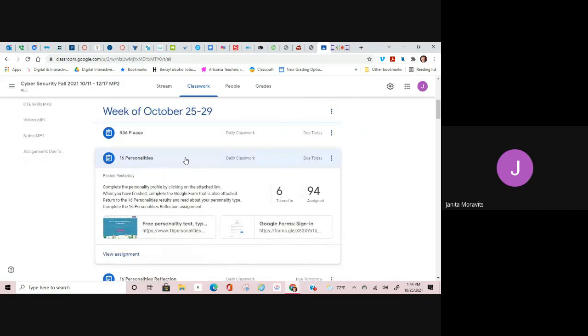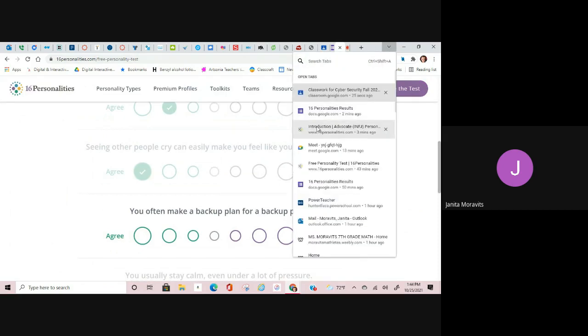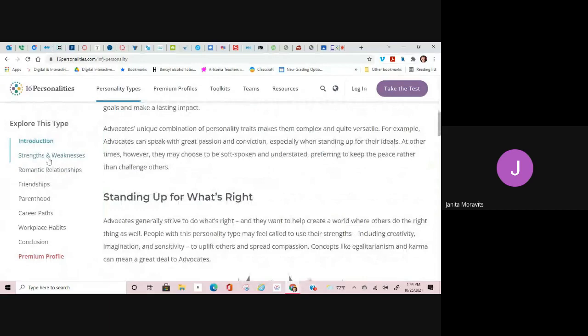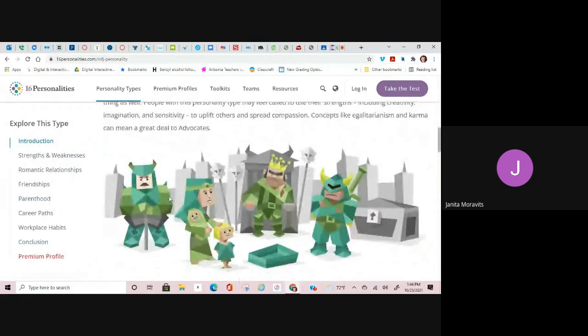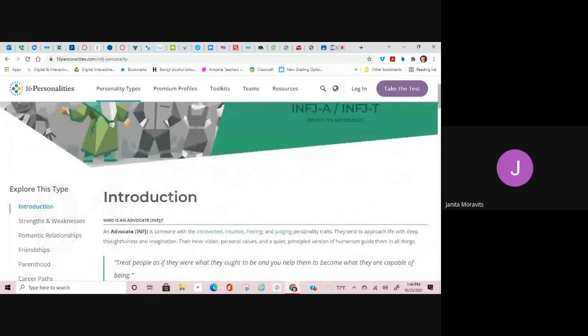After you do that, you're going to go back to your profile and you're going to read about yourself. You're going to look through some of the different things that are on here. You're going to read about yourself and different people. Then